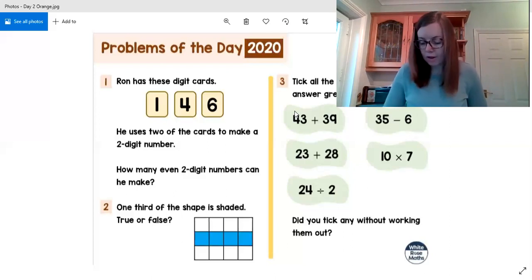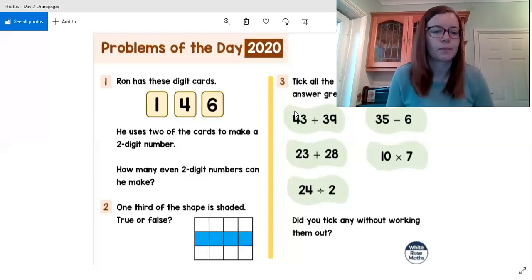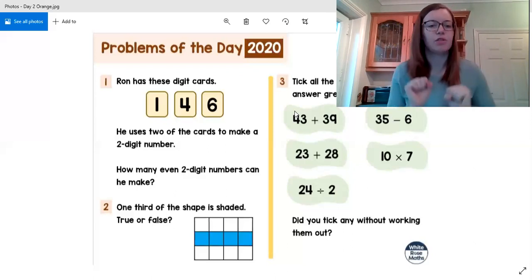So the next one we've got is 10 times 7. Now I know you guys love your 10 times tables. You're all very good at it. Let's have a think about whether we're going to tick or not tick this one. Let's work it out using our times tables, counting in tens. In fact, I'm even going to use my fingers this time because I want you to make sure you're being